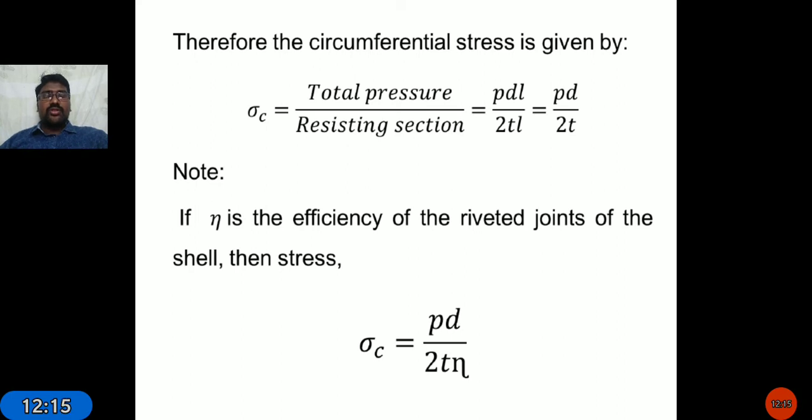Due to these holes, some amount of stress will be developed in the material, where eta is the efficiency of the riveted joints of the shell. So the circumferential stress is equal to PD by 2T into efficiency. When efficiency is 100%, there is no change, that is, no holes are created by the riveted joints. Okay,